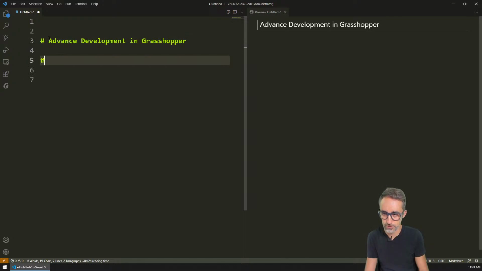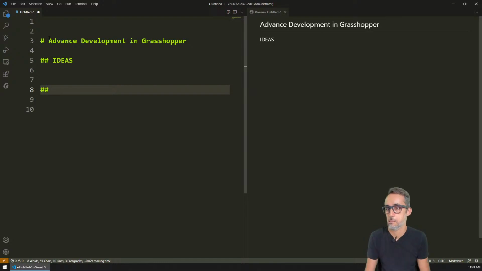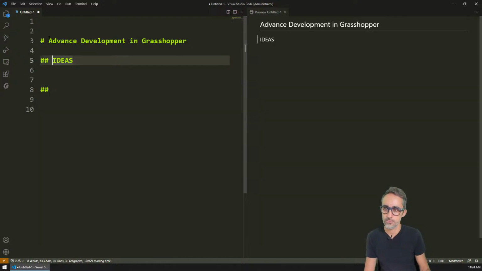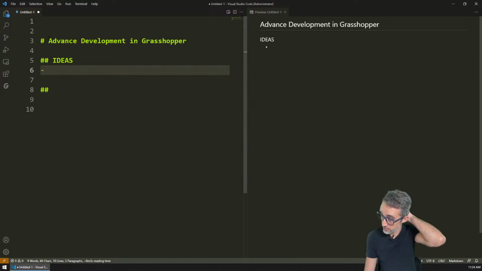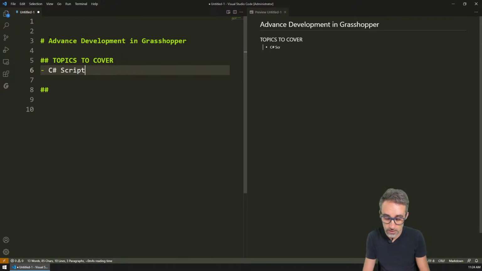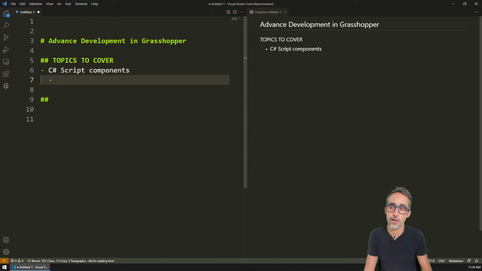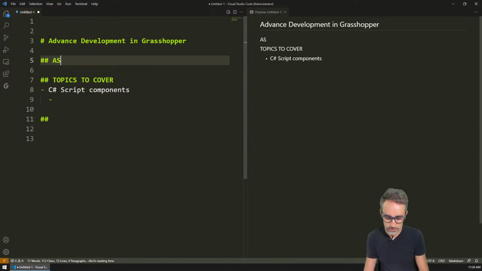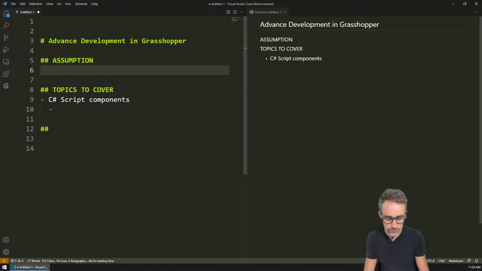So okay, we're going to throw here a bunch of random ideas. So, topics to cover. For example, we need to cover C# script components. And in here, the assumption is going to be that